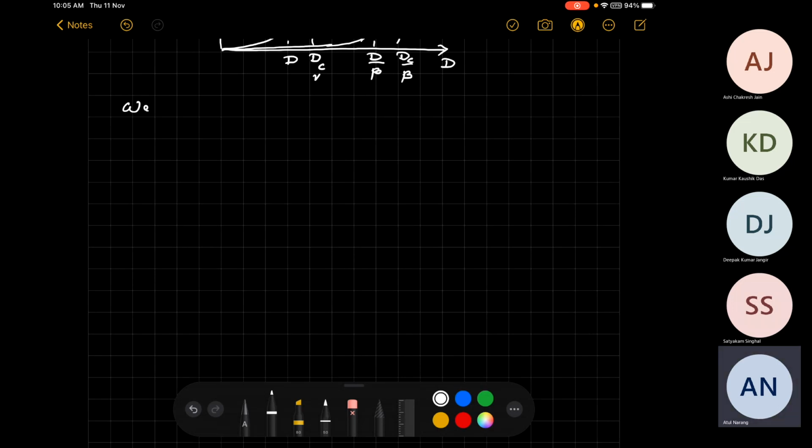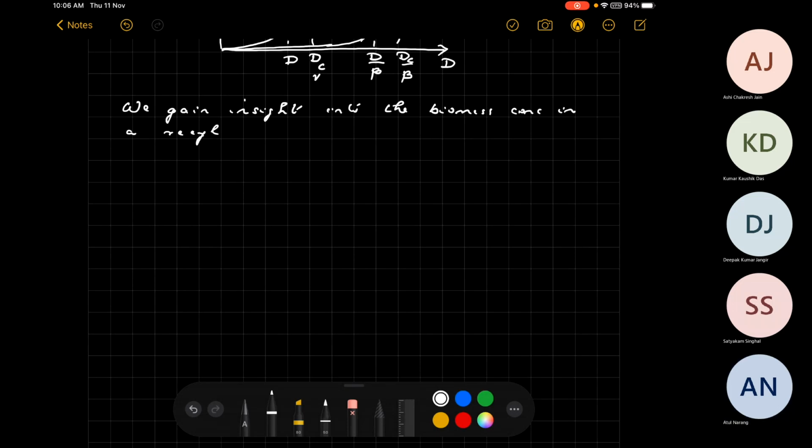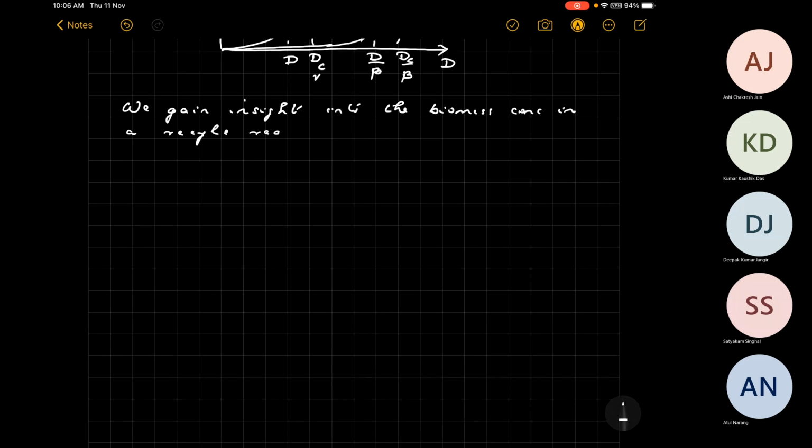So we gain insight into the biomass concentration in a recycle reactor by looking at the substrate balance,